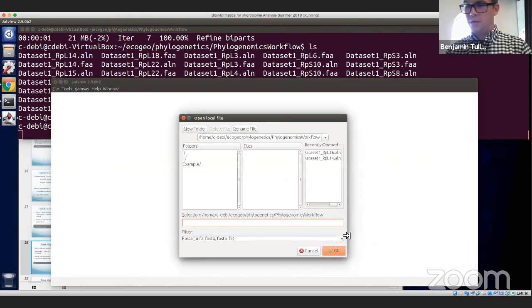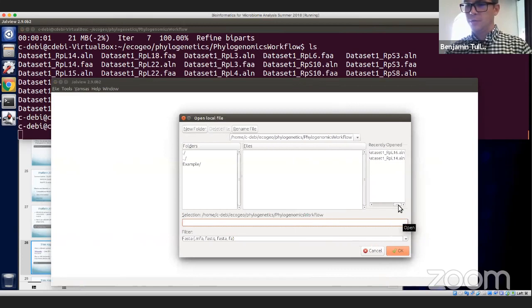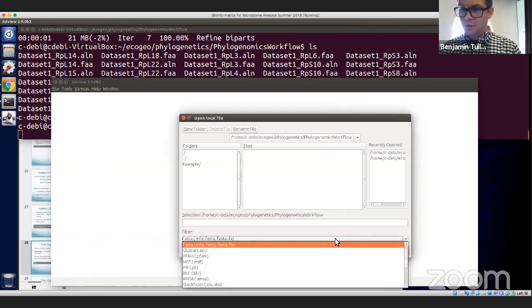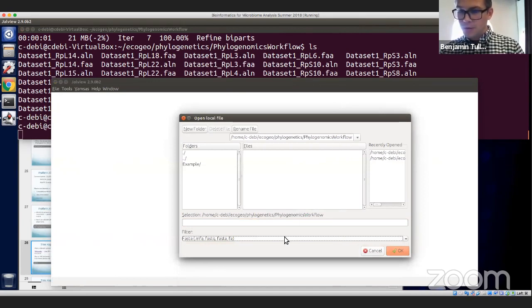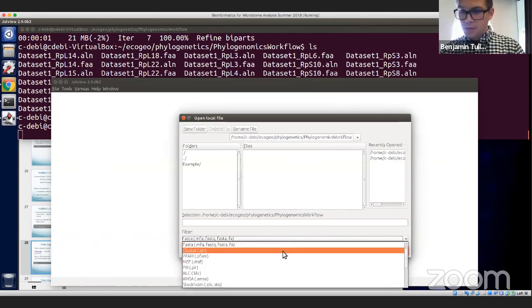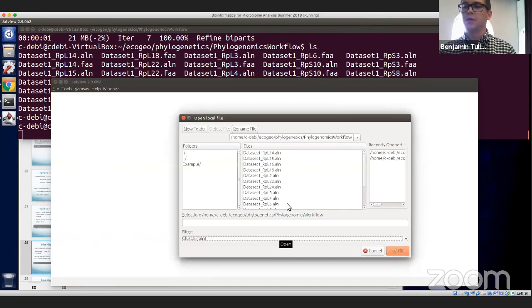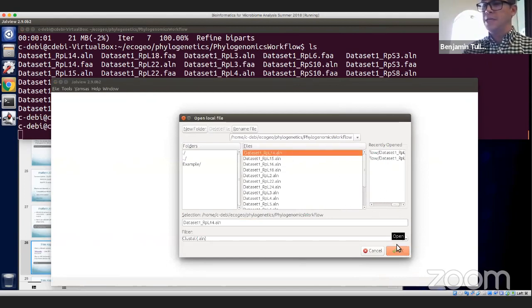And so it says here, these are the ones that have been recently opened. But if we wanted to see all the rest of them, we're currently in the file browser. So we want to look at anything that has this .aln format, because that's what we named our files to look for alignment. So here's all the options that we can look at. And so we're going to open up 2 of them to get an idea of the range of what we can work with. So if we open up RPL14 first,